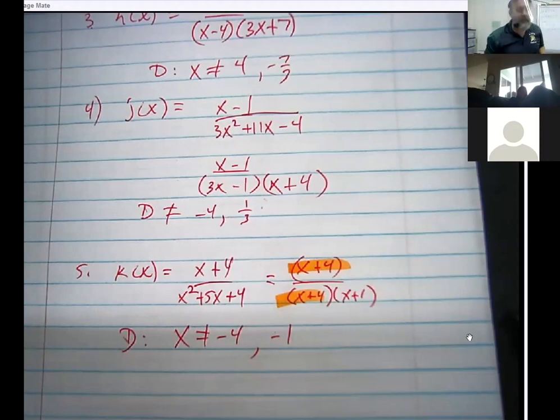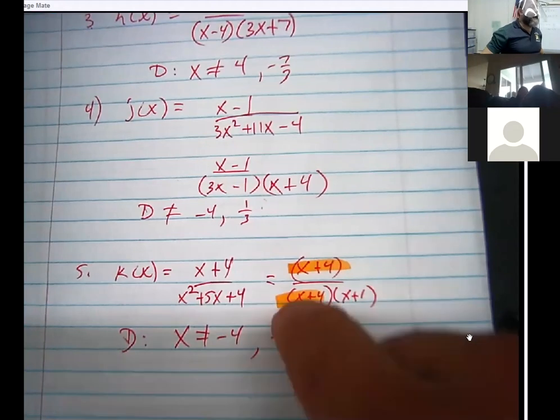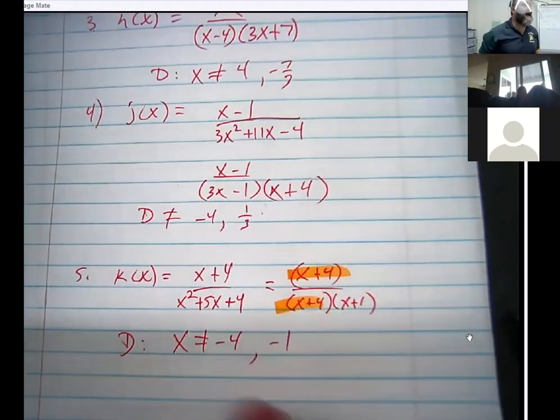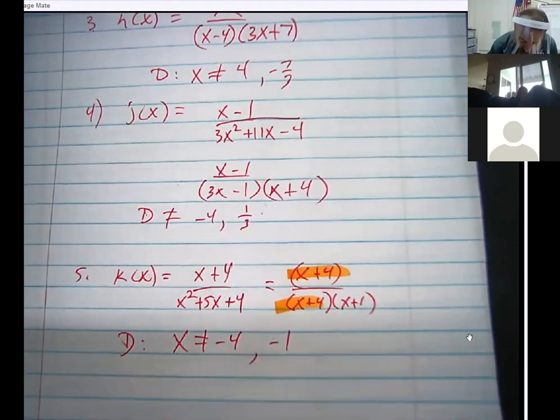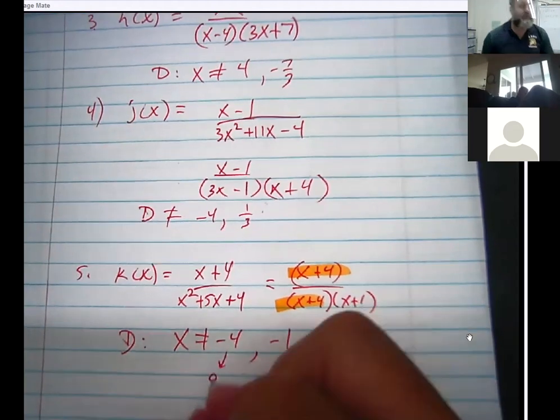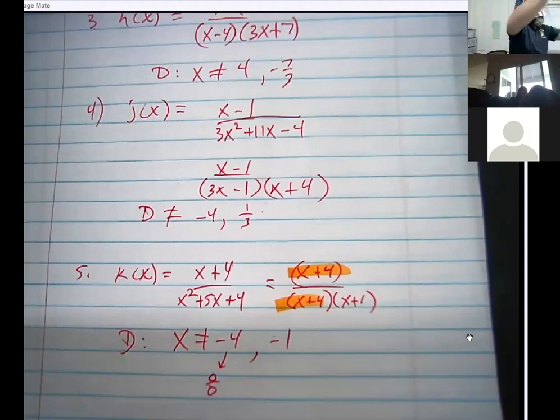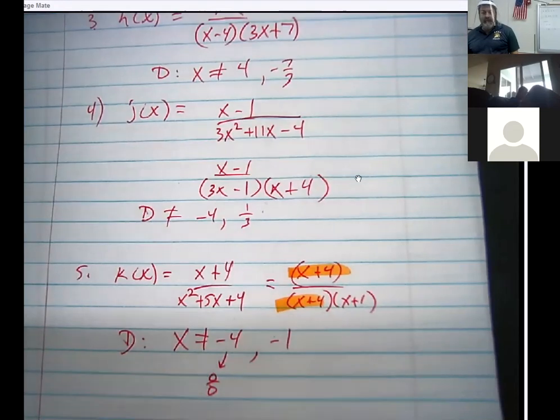What about if you plugged in 9? Still 13 over 13, and they cancel out. But what happens when you try -4? You get 0 over 0, don't you? Is 0 divided by 0 1? No, it's not. But that actually leads you to something really, really super significant, because watch what happens